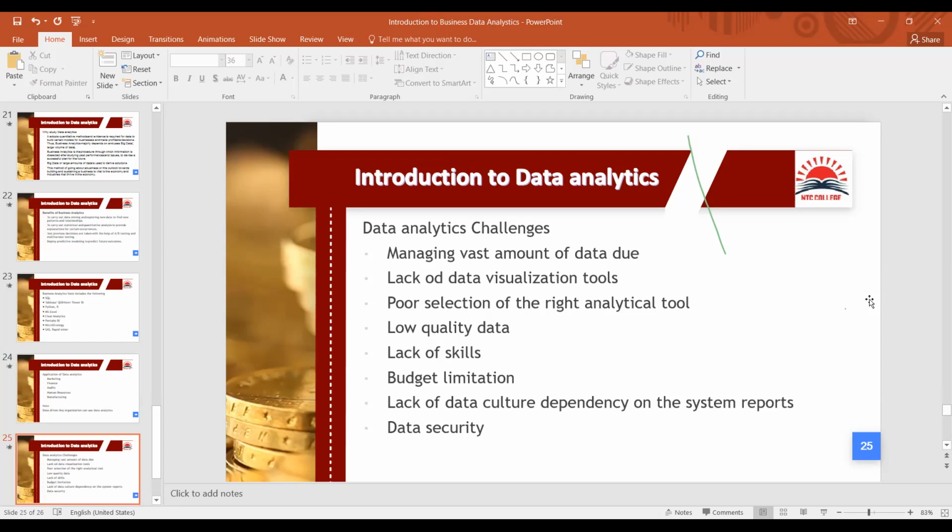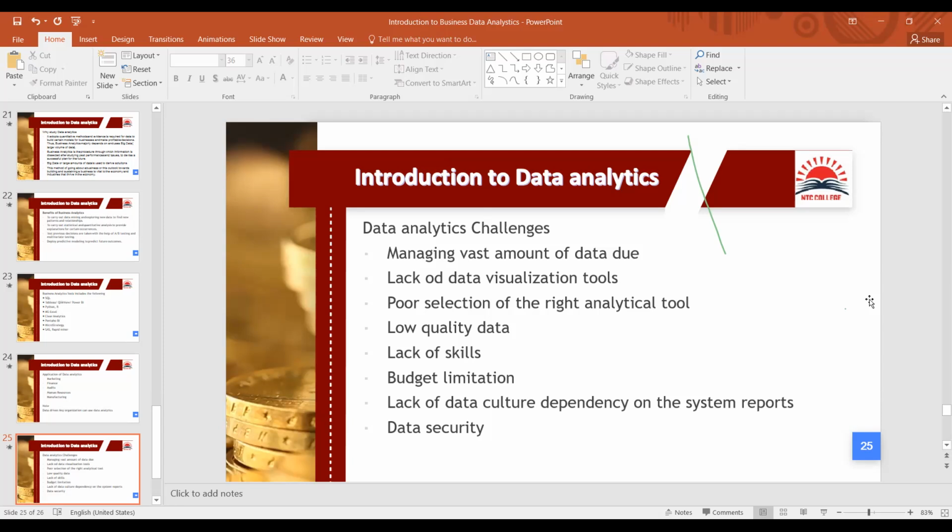And finally, we're going to look at data analytics challenges. Remember, when you're doing analytics, sometimes it's not easy. And that is why some organizations have quite a lot of data, but again, you find that they are not benefiting from this data. And where we sit, we also need to understand why a number of organizations are not able to adopt, probably they are encountering challenges in terms of